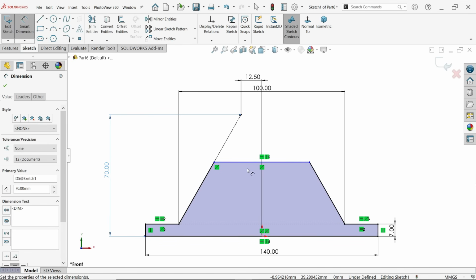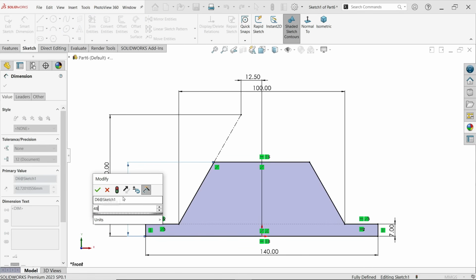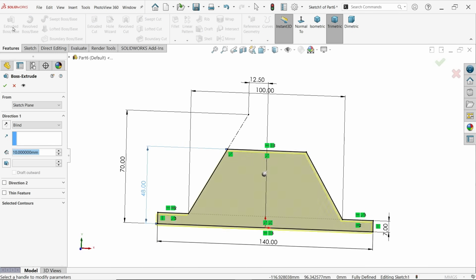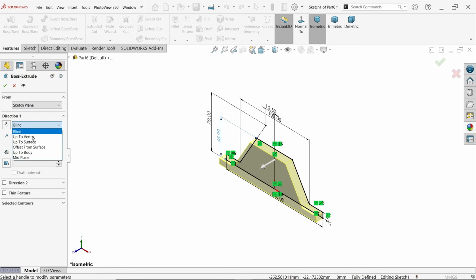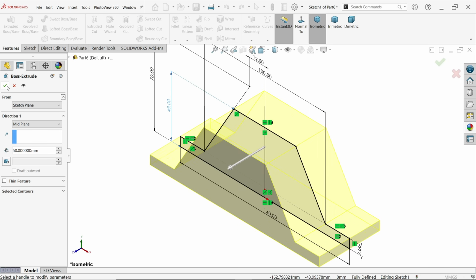Now look, it seems fully defined. Now the last distance from here to here, 48. Now look, our geometry is fully defined. Extruded boss base. Now here start condition same, end condition direction 1 mid plane, and here I am going to define 50 millimeter. See,